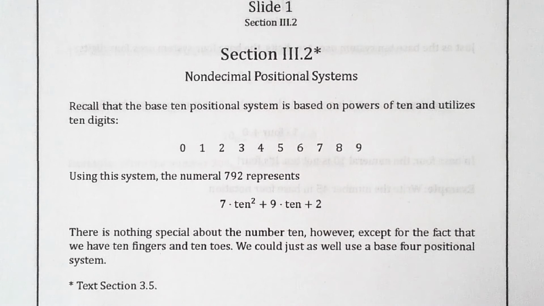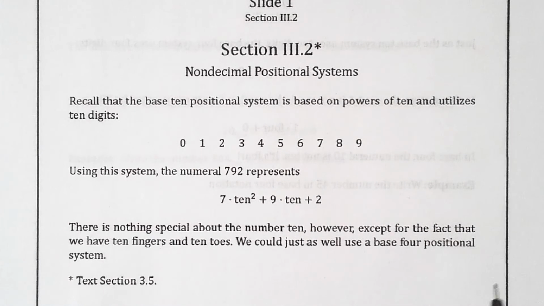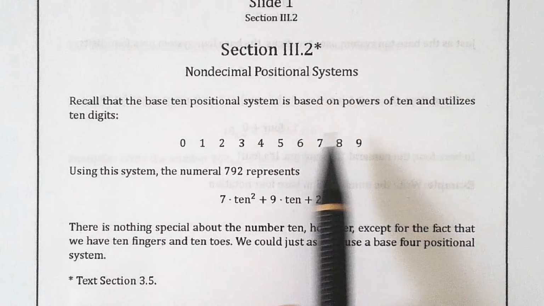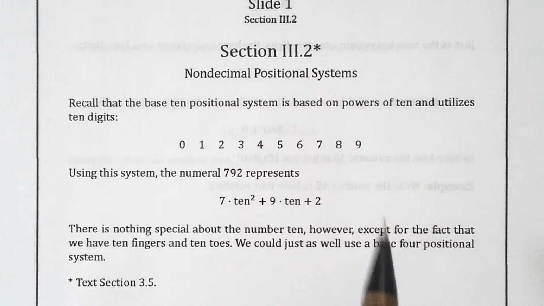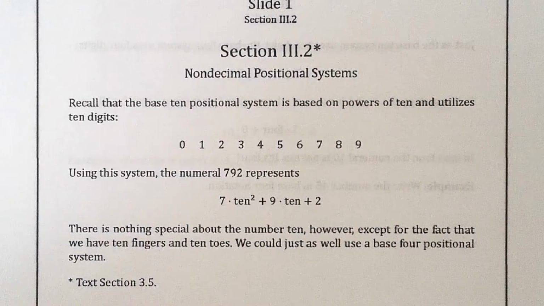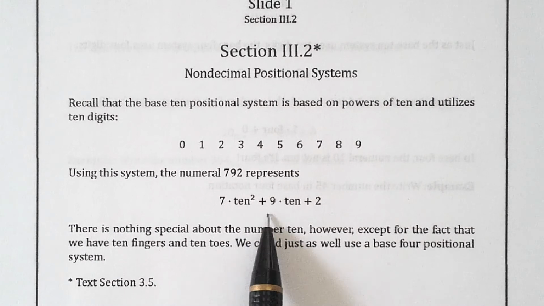So recall that in our base 10 system, everything is based on powers of 10, and our system uses 10 digits, the digits 0 through 9. Those are known sometimes as the Arabian digits because, although they originated in India, people first came into contact with them through their contact with the Muslim cultures of the Middle East. So using this system, a numeral like 792 represents 7 times 10 squared plus 9 times 10